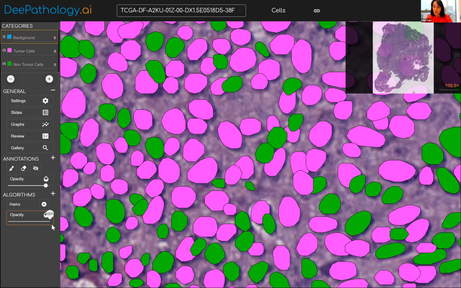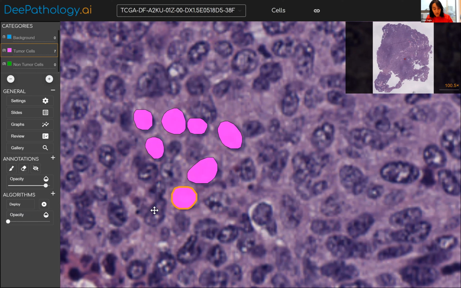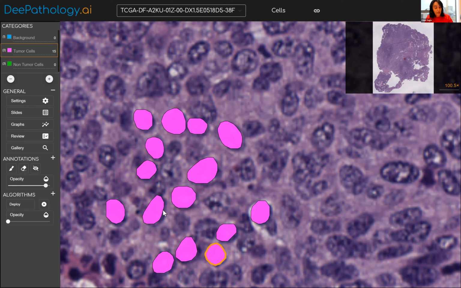I want to right-click and select the right type for each cell. So tumor cells are pink, and I'm going over number 2. I'm going to start very quickly right-clicking on tumor cells and making sure that their color is pink. If it's not pink, I'm simply going to overwrite the random guess or the very initial setting of the